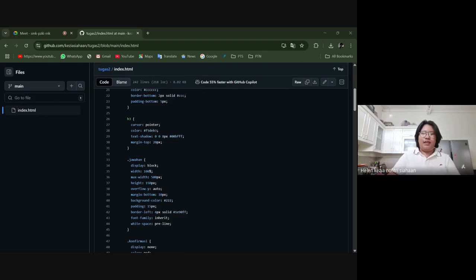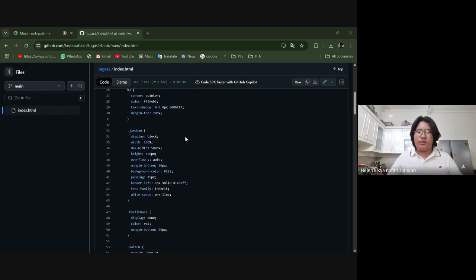It will be explained later. Okay. The color is still cream, but I don't know which type of cream it was in here. Like in the code, and the text shadow is a little bit white, but a little bit cream. Then the margin top is 20.